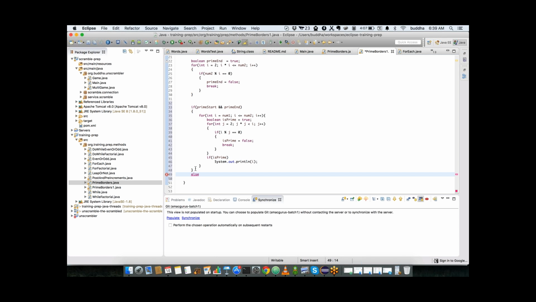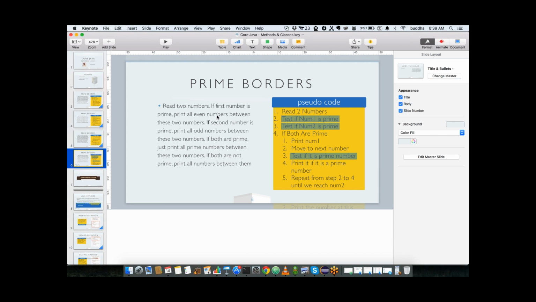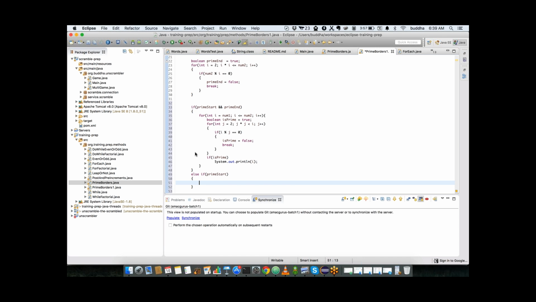Okay, so now else if prime start, so the first number is the prime number. So when the first number is prime number, what has to happen? It has to print all even numbers between these two numbers, right? So now for int i equals number 1 plus 1 and i less than or equals to number 2 and i plus equals 2. Now sys out i,